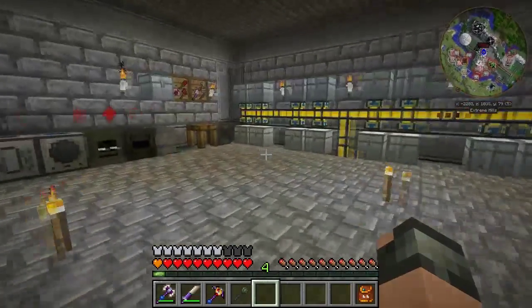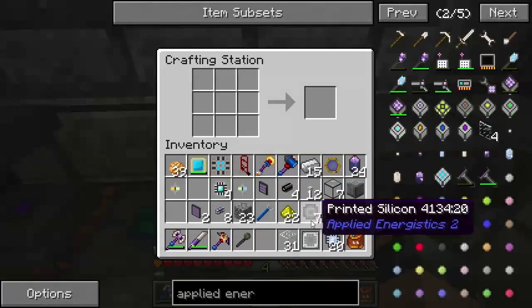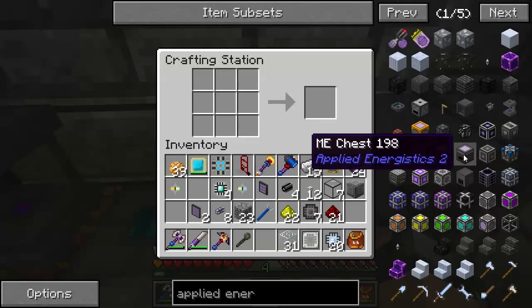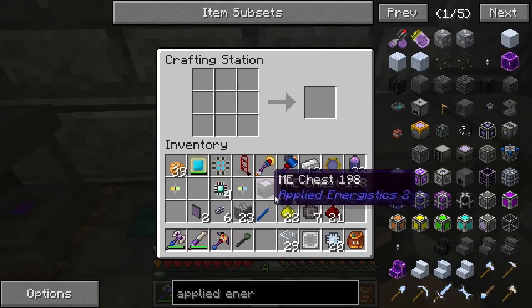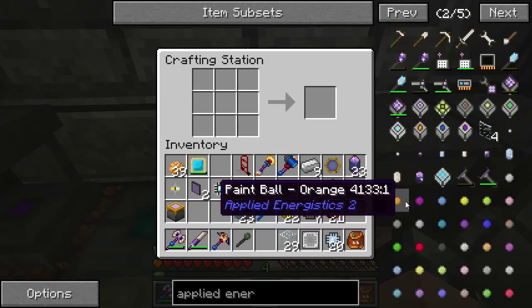Okay, let me just quickly get the materials for this, and I'll be right back. Okay, and we are back. I think I have everything this time, he said. Probably not. Okay, so we need an ME chest. There we go. And then we should be able to... Okay, so we've got the ME security terminal, but also what we're going to need is